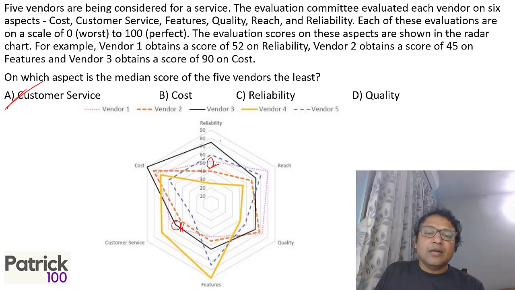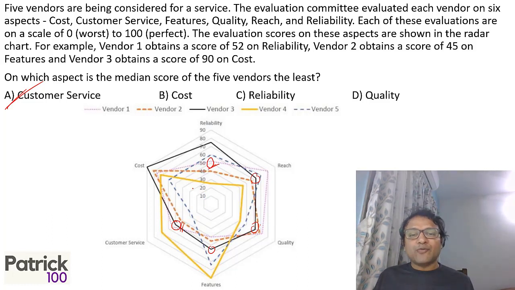I just checked that reliability is around 50, and I looked at all the data to see whether they are close to 50 or outside 50. For the data outside, the middle value is on the outside, not closer to the center. The only one closer to the center is this middle value. So from that I can compare these two values.